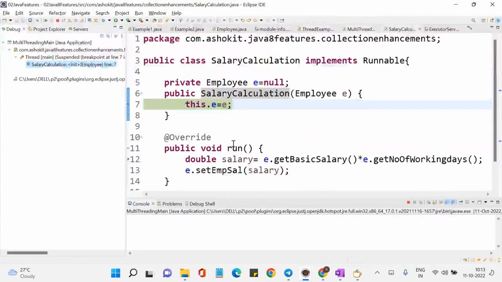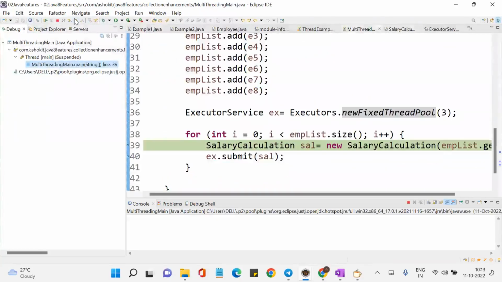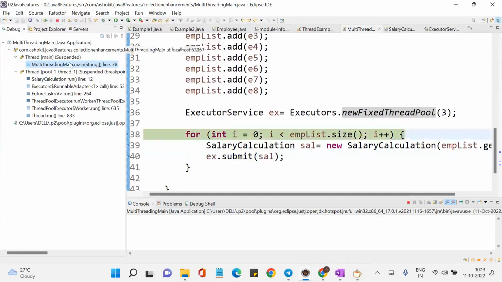See, whenever you do this, it is executing this employee, done. Now, whenever I say submit, what is happening? So this Karthik, who is the first employee? Karthik is added to the queue, and then immediately the first thread will be created. Look at here, in pool 1, thread 1, the first thread has been created and